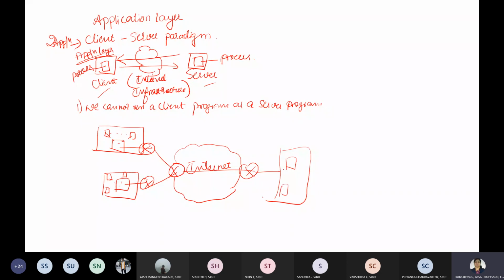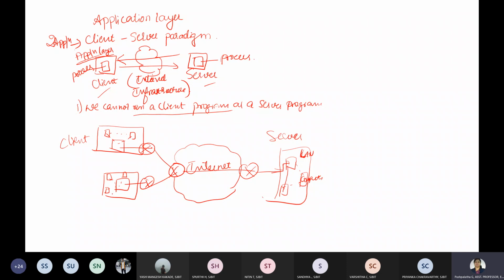The destination end will keep it as a server. Internally these servers communicate with probably another machine or computer. Let me call this also a LAN, it is also using some LAN internally. Now this kind of client server program has one problem. We know that we have a client and we have a server, and as I told you, we cannot run a client program as a server program, because a client program is not meant to handle so many things, right?